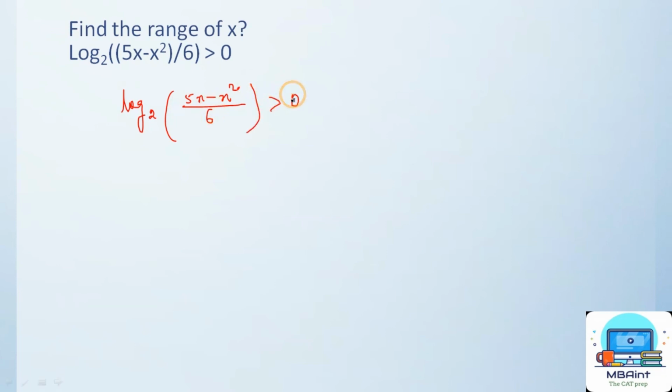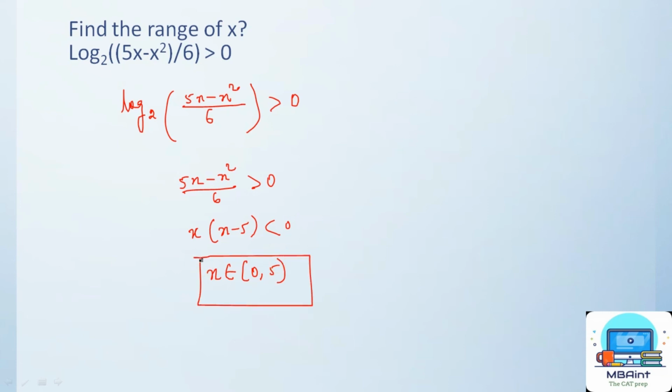greater than 0. All right, so once I solve this, I know the first step is checking the domain, so I'll do that quickly. So (5x minus x square) upon 6 is greater than 0, right? Let's solve this. I'm taking x as common here, and x minus 5, the sign will flip here because x has the negative part. So now when I solve this, x belongs to 0 to 5. So I have got the domain, right?